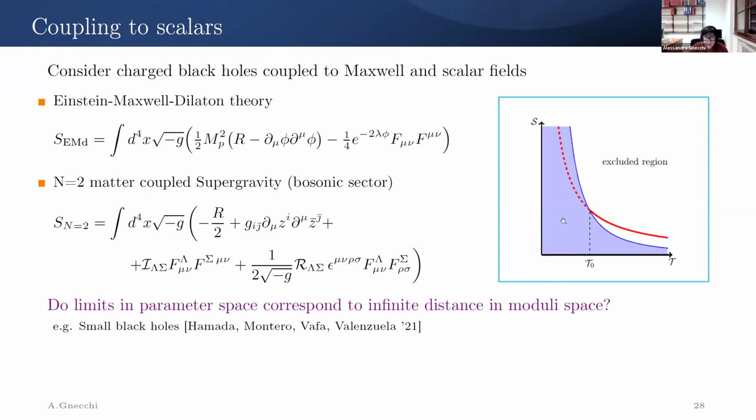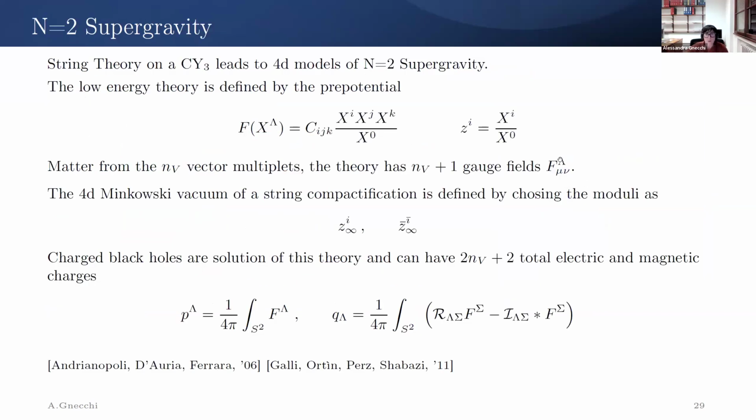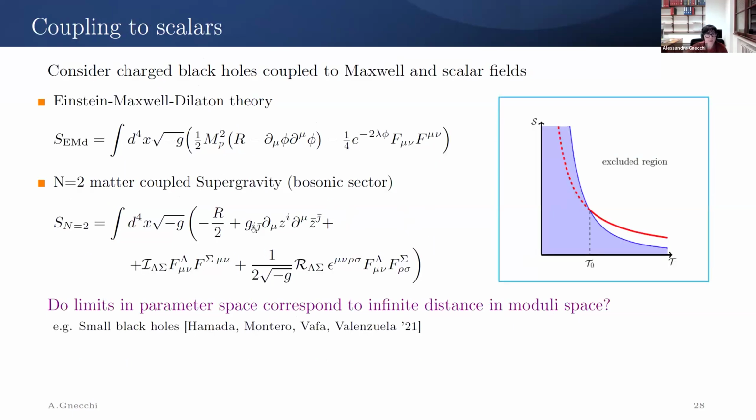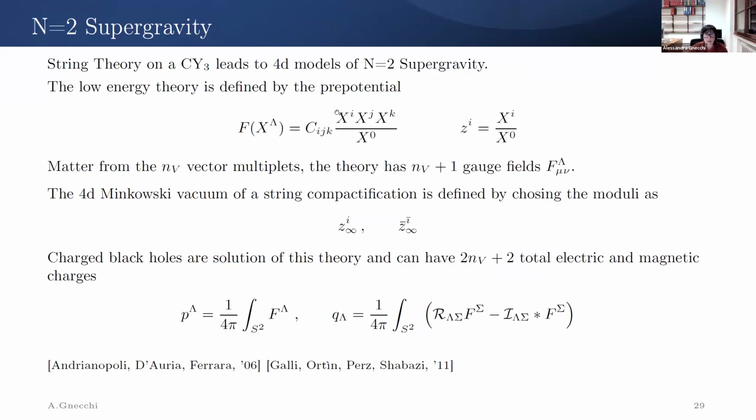Is this related at all to infinite distance in moduli space? Am I following directions or trajectories that lead me to the breakdown of the EFT? This was the question that we were trying to address. We took a particular model in order to be able to get a concrete expression for the entropy and the temperature. We need to have an explicit expression for these quantities, this coupling I and R, which depend on the scalar fields, and the metric Gij of the nonlinear sigma model. So here I'm specifying a nonlinear sigma model this way.